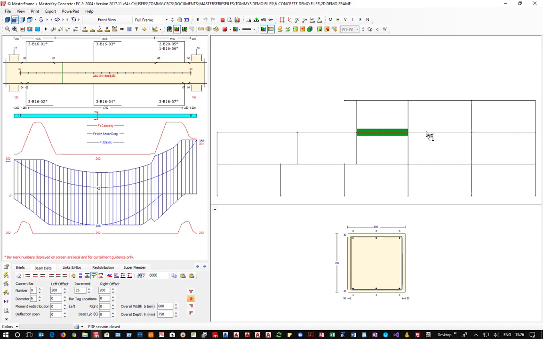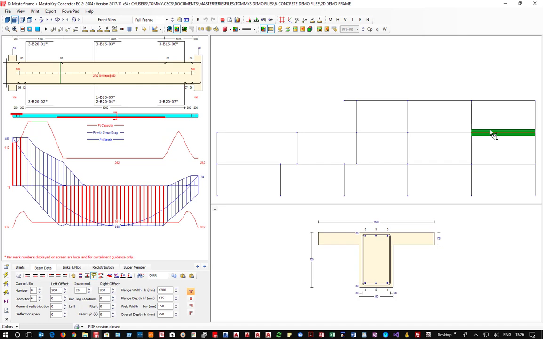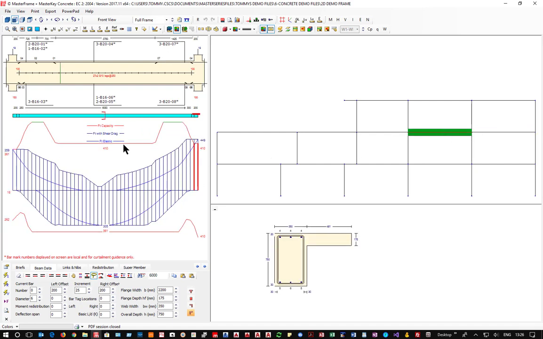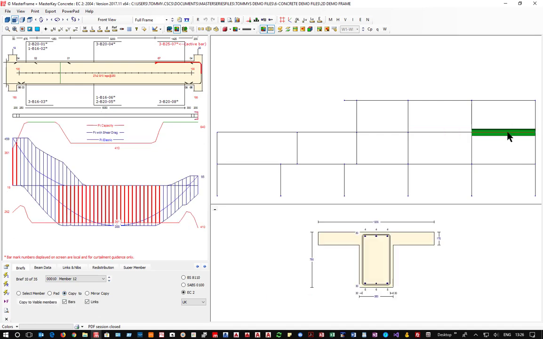And I'm going to take this. I know we've done a rectangular section there, an L there, and a T there, just for the fun of it to see what would happen. So if I take this reinforcement, which is just about working, there we go, it's working now. I could then come along and say copy bars and links to that span, and I would then see if that steel works in this span, and back to the members again, and we can see that it didn't,